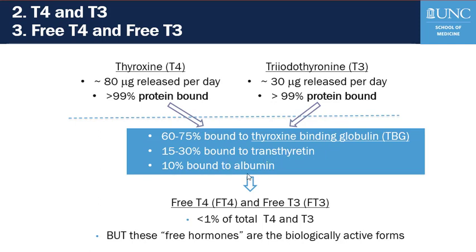to albumin. So if you want to get an idea of the free or most active form of thyroid hormone, you may need to measure free T4 and free T3 in some circumstances, even though they only comprise about 1% or less of the total amount of thyroid hormone in the bloodstream. So here, when we use the term biologically active, we mean that free T4 can be converted to T3 for entry into cells and that target action. And we mean that the free T3 is the form of T3 that actually enters the cells and exerts target